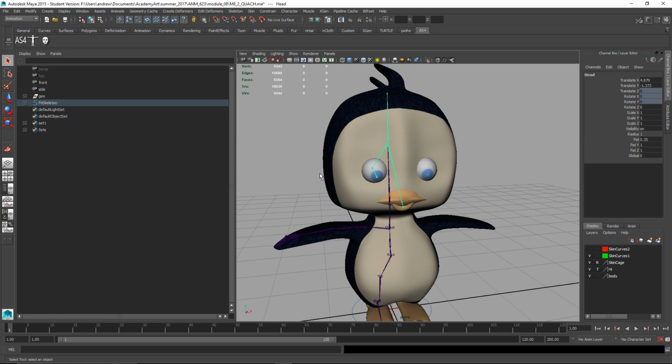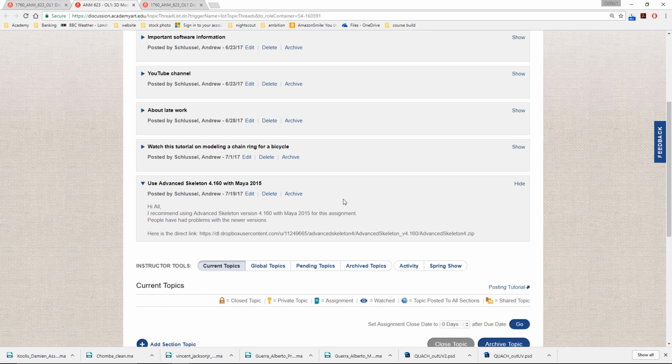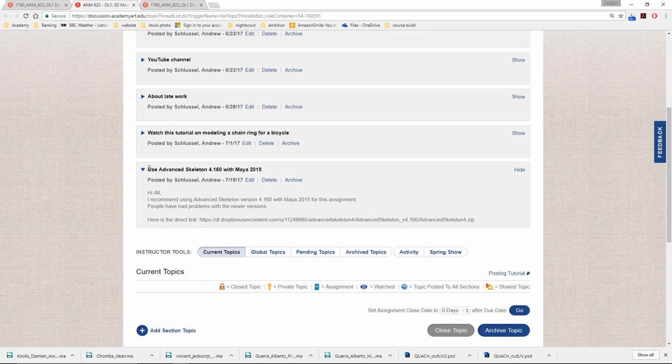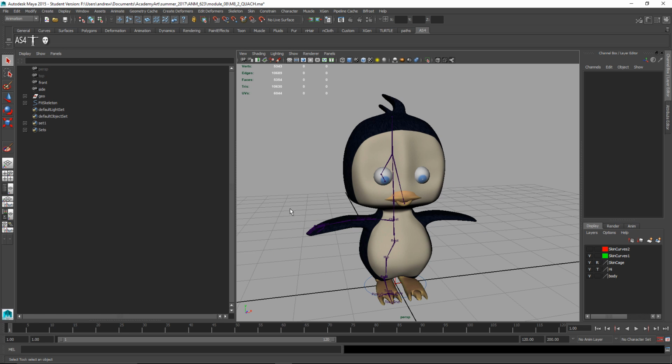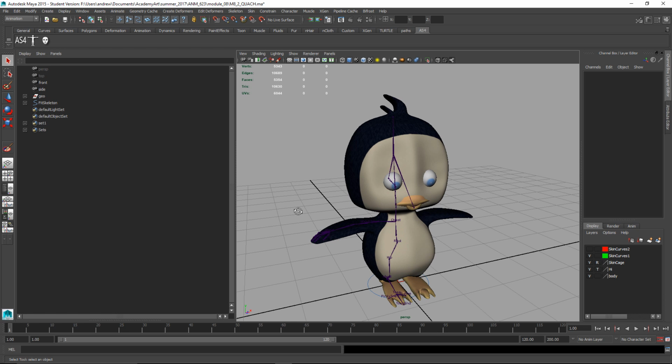But one thing I mentioned in the announcements is that you should be using Advanced Skeleton 4.160 with Maya 2015, and I've put the direct link in here. So I'm guessing you used Advanced Skeleton 5, it's looking like, which is very different from the one I teach and may or may not work well with Maya 2015. So I would say take a step back and just use that recommended version of Advanced Skeleton,